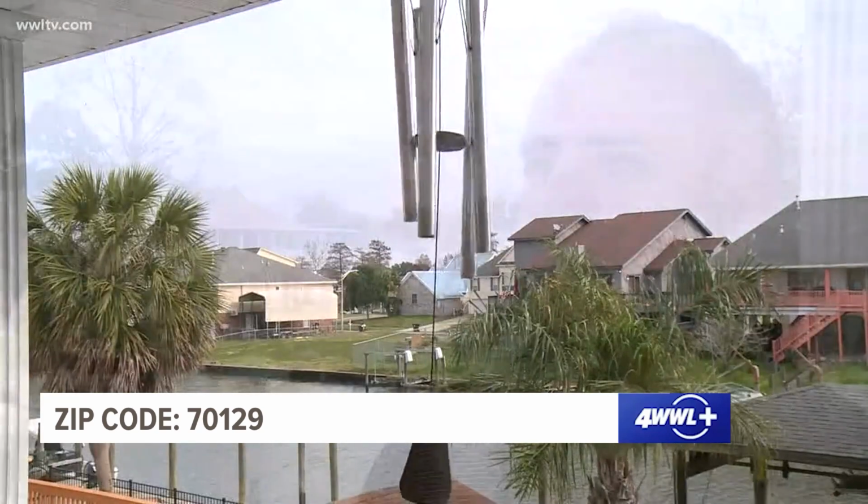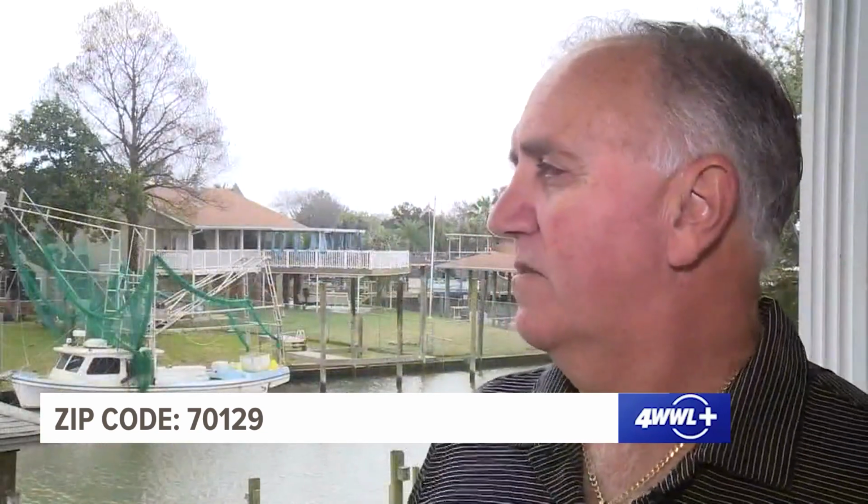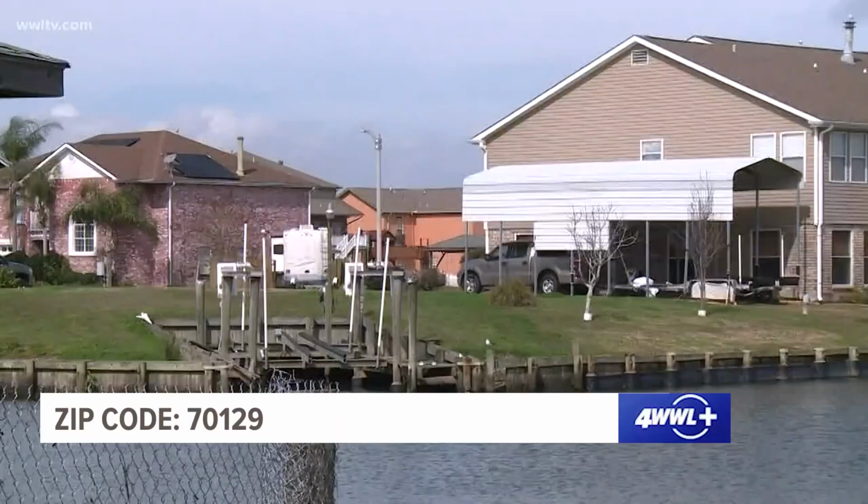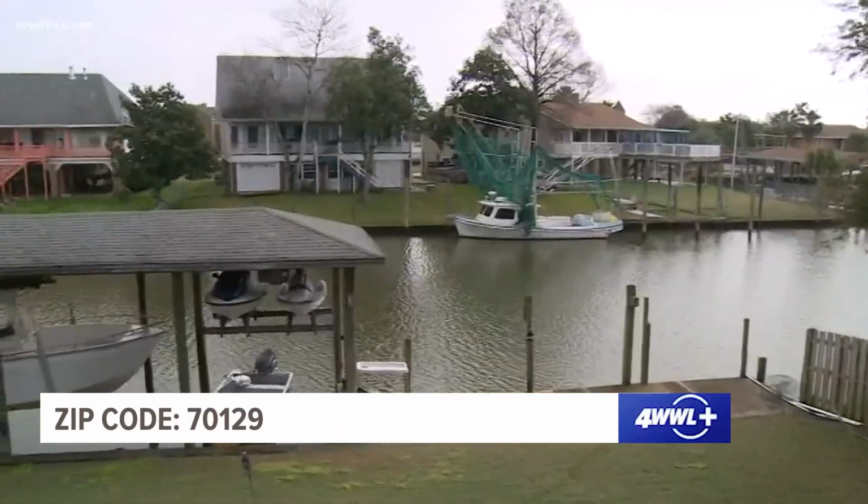It's like being at a resort, but you don't have to leave. You got everything here. You got boat access, fishing, crabbing, shrimping. The neighborhood has been there for decades. There are more than 200 homes and nearly everyone is on a canal, just miles away from the lake of